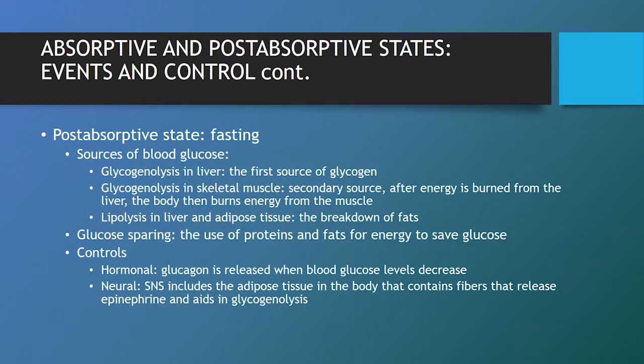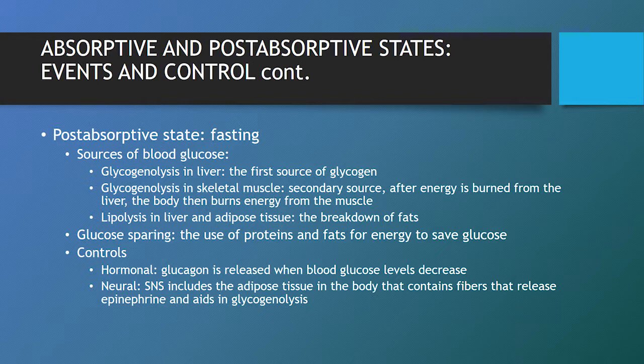So after energy is burned from the liver, the body then burns energy from the muscle. Lipolysis is in the liver and adipose tissue, and is a breakdown of fats. And then glucose sparing is just stating the use of proteins and fats for energy to save glucose in the body. Controls, hormonal: glucagon is released when blood glucose levels decrease, and while in the neural section, the sympathetic